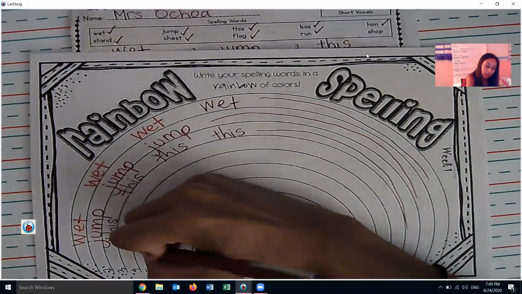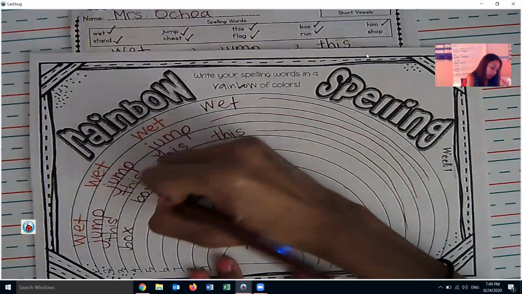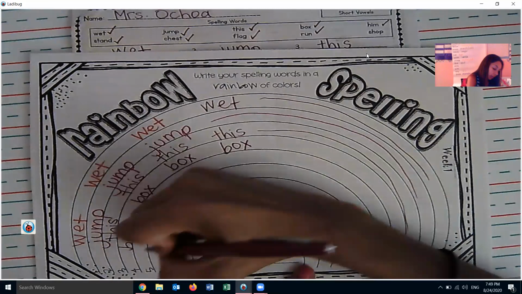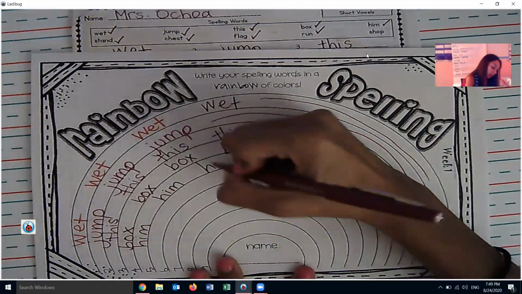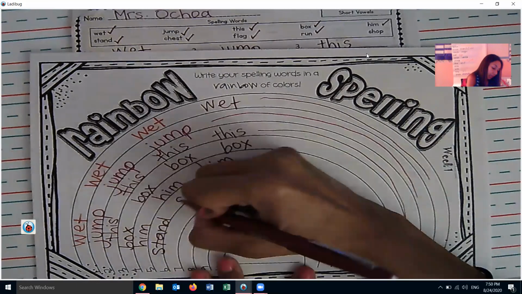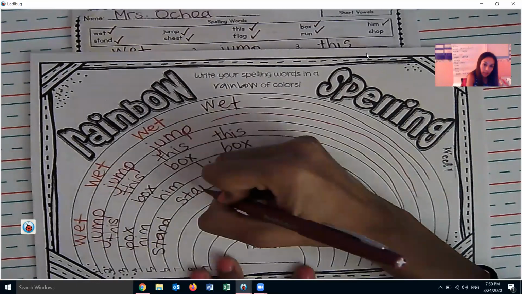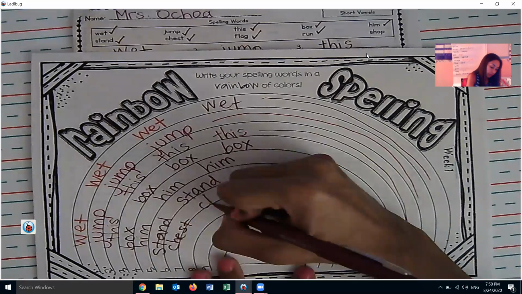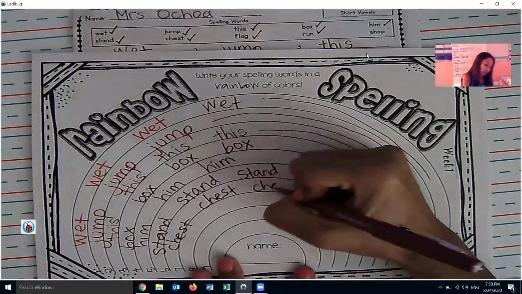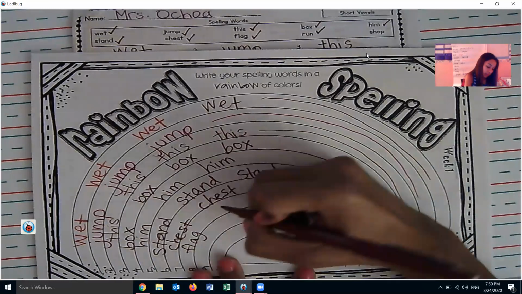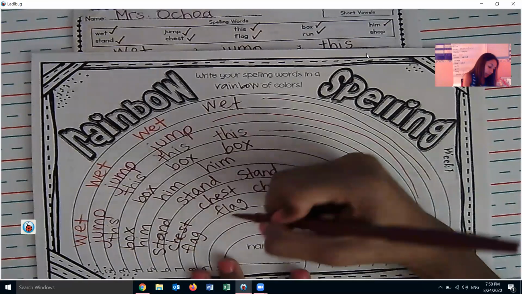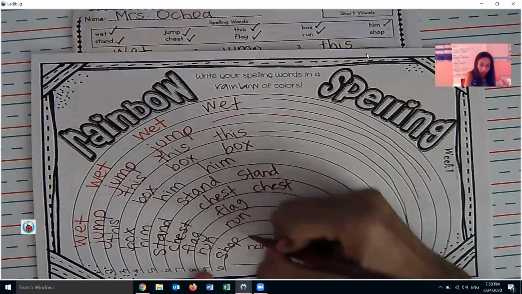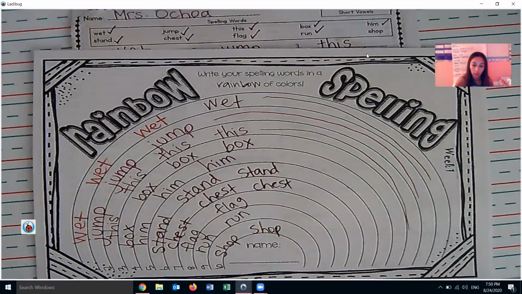We have box, box, box, box. We have the word him, him, him. We have the word stand, stand, stand. We have chest, chest, chest. We have flag, flag, run, and shop. And I didn't complete it all the way, and I'm going kind of quick here, but your job will be